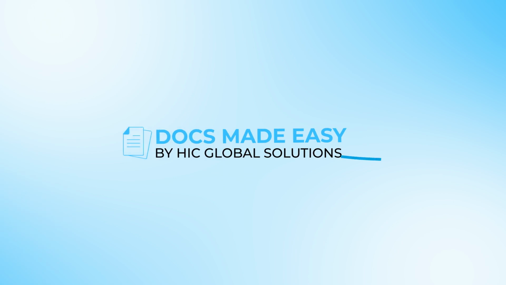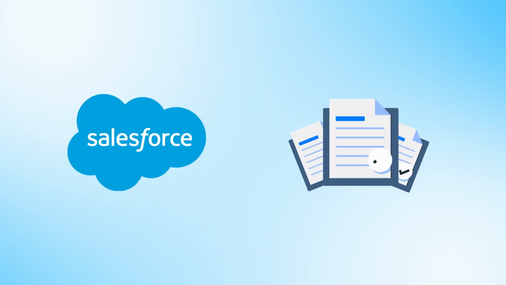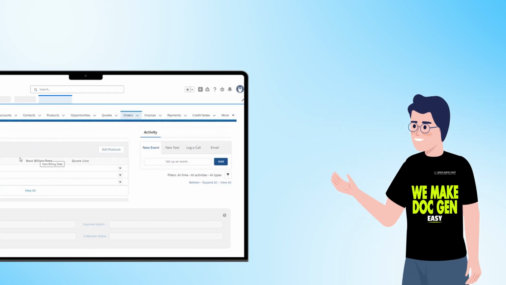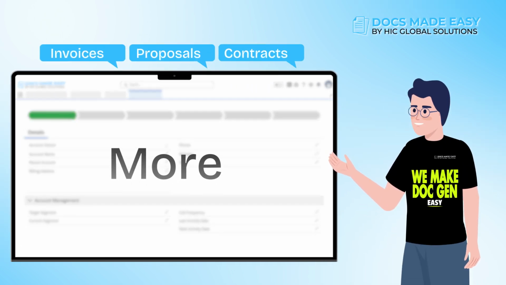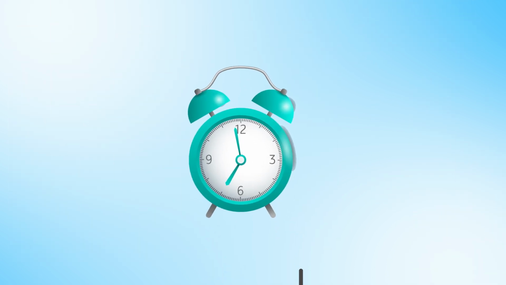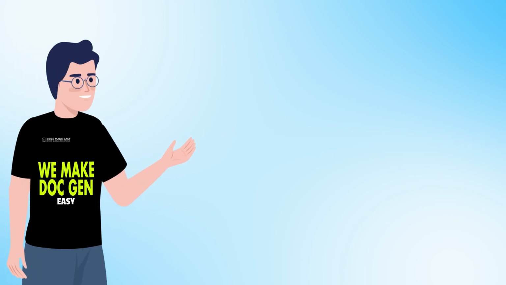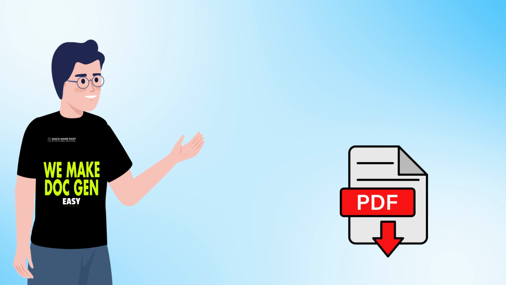Docs Made Easy is a powerful Salesforce app that helps you automate document generation with just a few clicks, whether you need to create invoices, proposals, or contracts, and more. Docs Made Easy streamlines the entire process, saving you time and reducing manual errors. In this walkthrough, I'll guide you through setting up Docs Made Easy and generating your very first document directly from